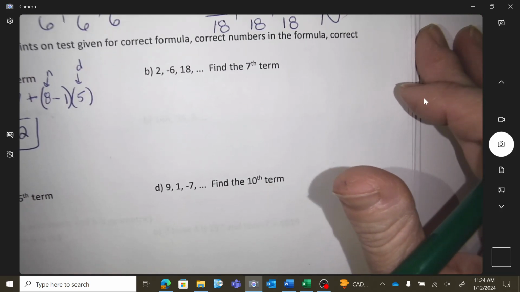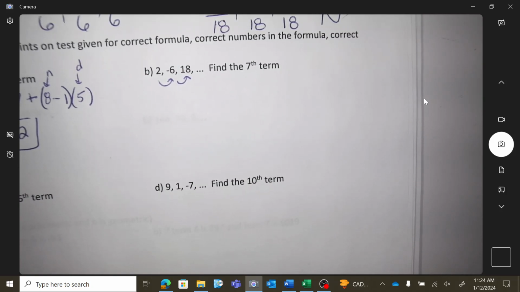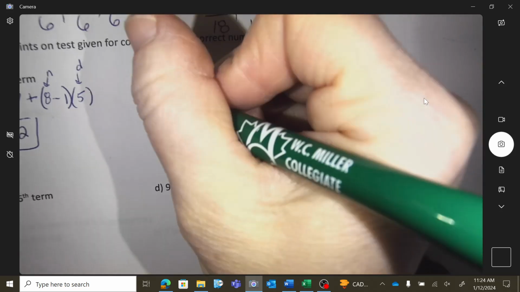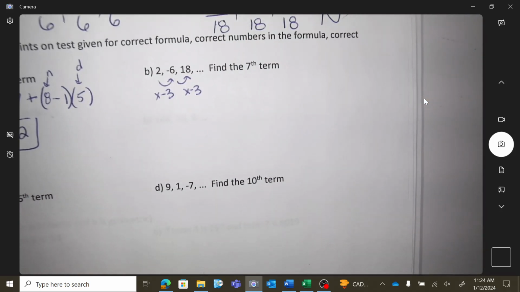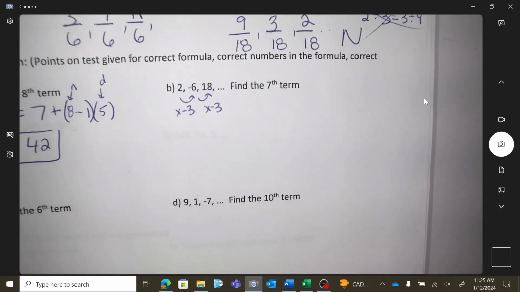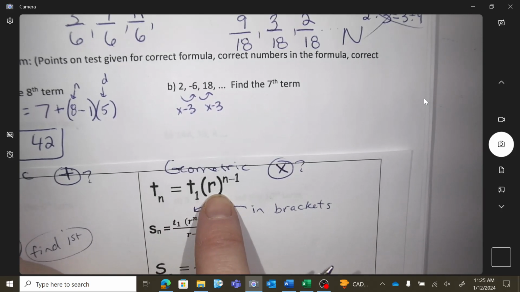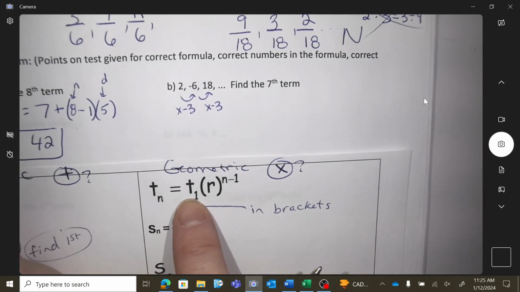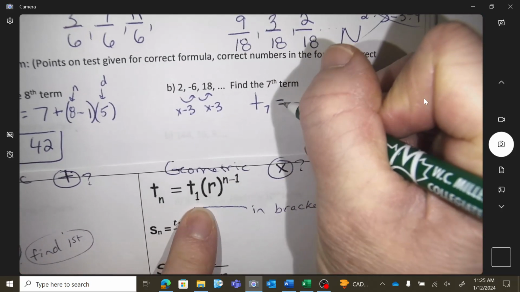Okay, so question B. Did you figure out what was happening as a pattern? Something that you added, or something you multiplied. So I picked a -3 multiplier as my pattern. So what does that mean on my formula sheet? I'm now going to pick this formula, term n, but I'm using the formula with an r in it, a ratio in it. R means ratio, that's the multiplier stuff. So term 7 equals